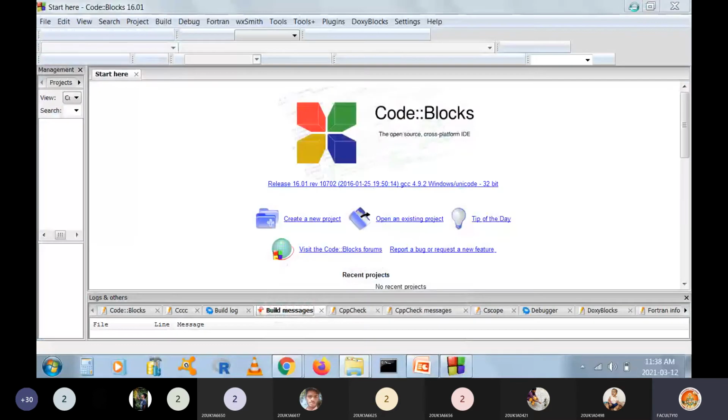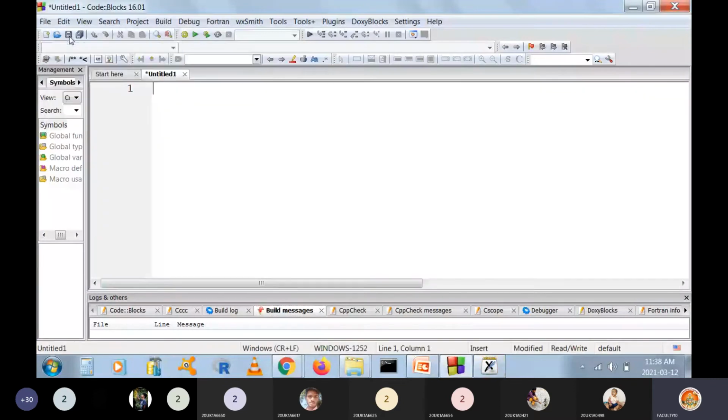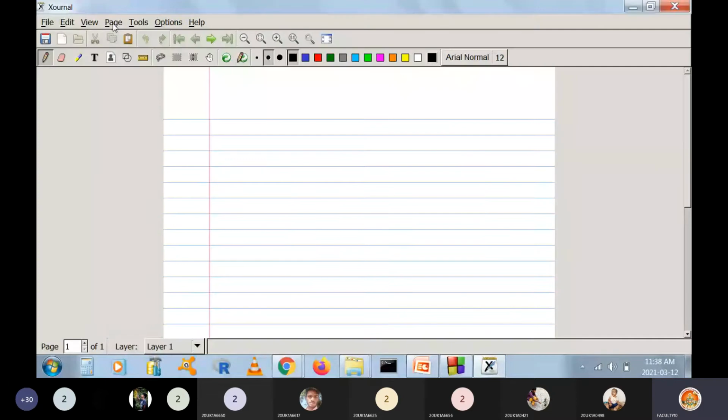We'll take an empty file here, then we'll define the function.